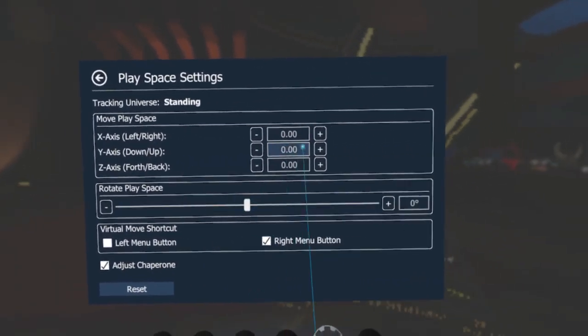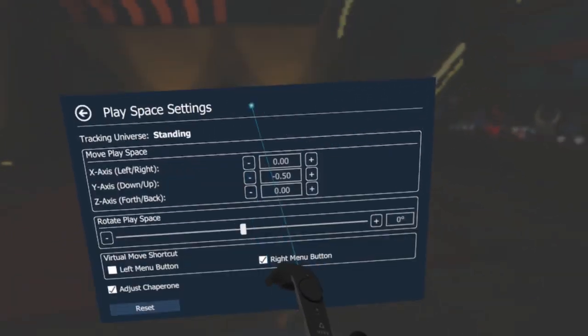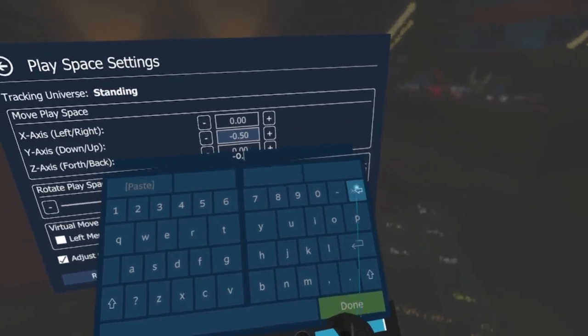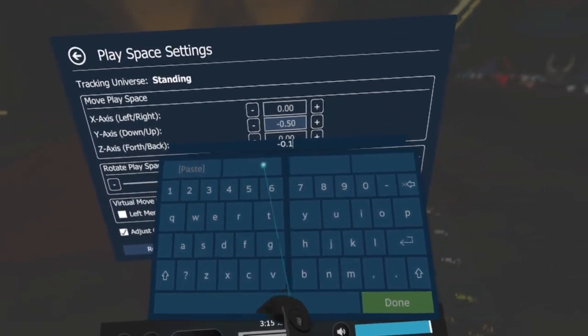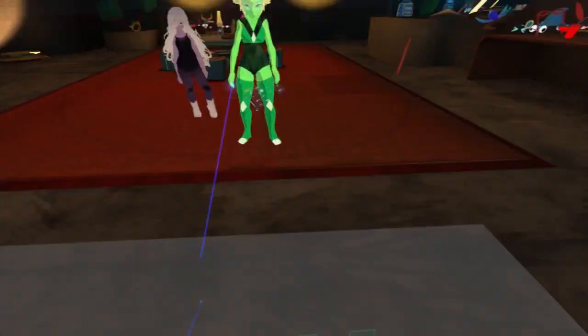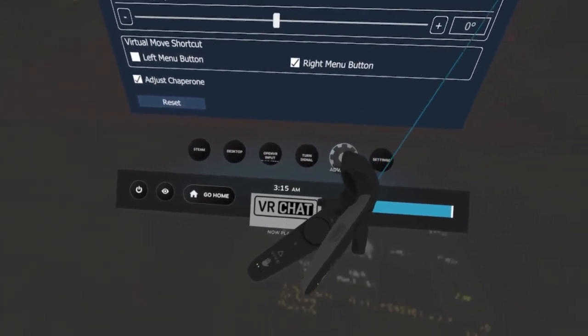So there's actually a little trick you can do. So it was positive 0.15. I'm going to go the other direction here. So I'm going to just do the negative, so I have a negative sign. Just hit the minus there, and then type in 0.15 here. All right, so now I'm even further in the wrong direction, but if I set one of my